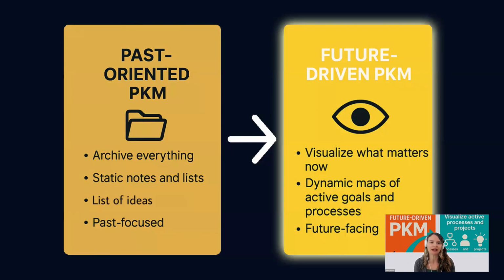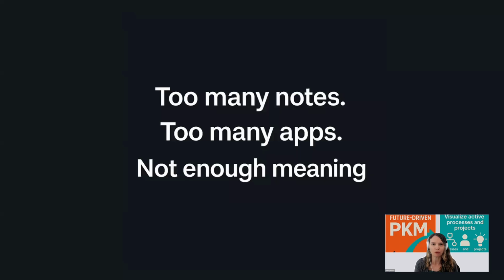Past oriented PKM is sort of archiving everything, literally putting everything away just for the sake of capture. While you can capture everything, and the brain is one of the most scalable technologies, where people have literally millions of thoughts, notes, and connections in their brains, if you're one of those users, that's fine too, because this can be a new section in your brain or a reorientation of that brain: visualizing active goals and processes specifically for your future.